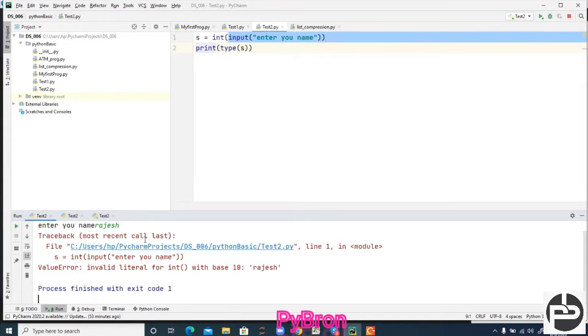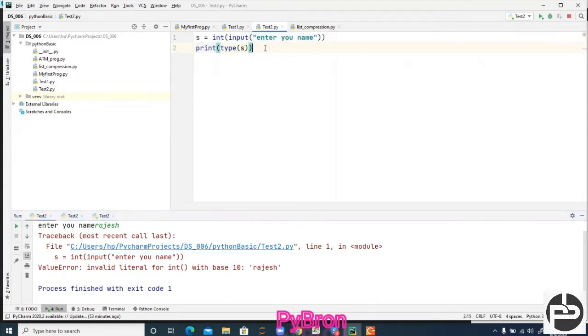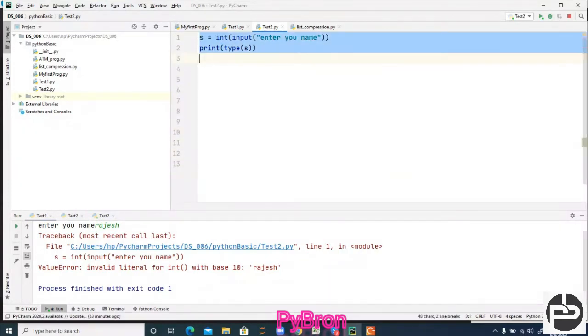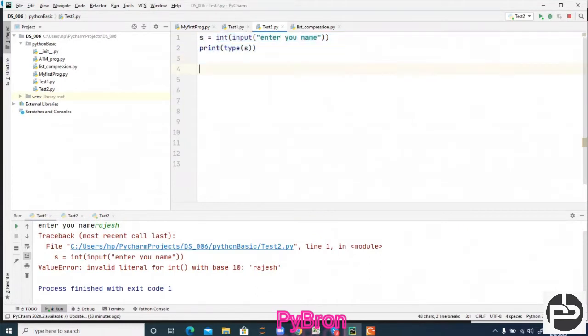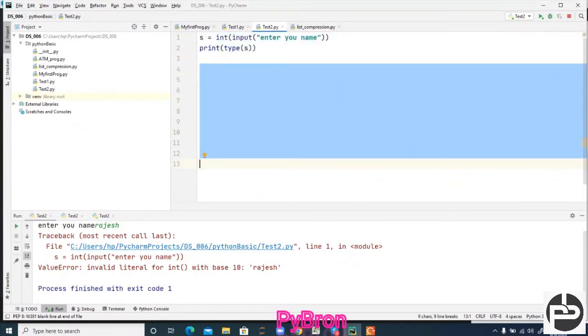Your complete code will get spoiled. Suppose in future you wrote 1,000 lines of code below this. Due to this failure, your compiler will not compile that many lines of code because it got stuck there only. I asked the user, hey user, please pass a number, don't pass an alphabet. But user is user, he can test anything. So by mistake or intentionally, he passed some alphabet or string. In that case, your code will get destroyed, right?